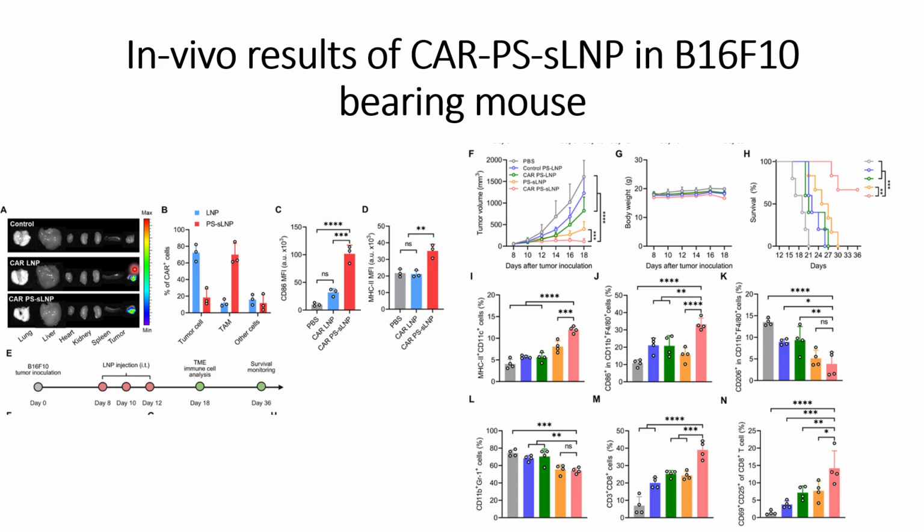Thereafter, they check the expression of the CAR in the tumors and in the tumor associated macrophages. In the case of control, where they use only the lipid nanoparticles, most of the CARs are expressed in the tumors and very few CARs are expressed in the macrophages. Whereas when they use their optimized model, the CAR-PS-sLNP, most of the CARs are expressed in the macrophages, indicating the specificity, because this PS is specific to the macrophages. It gives the eat me signal to the macrophages,